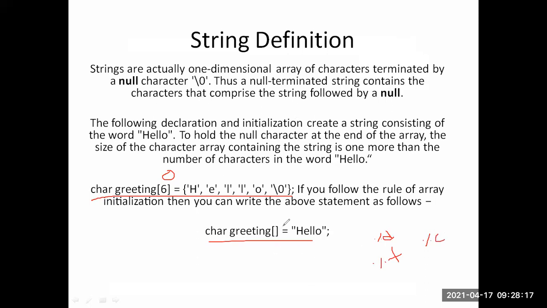But for strings, we access the string by using percentage %s. We call it a control string, represented with percentage %s.